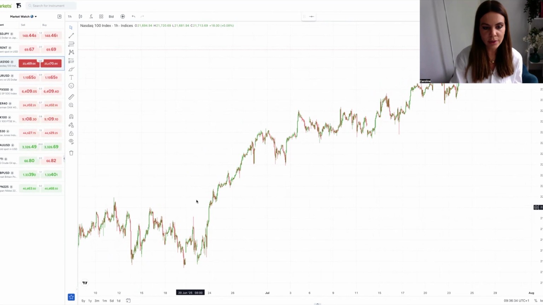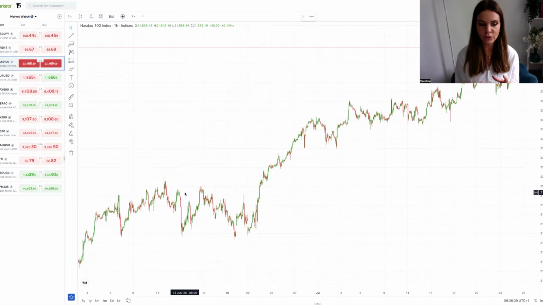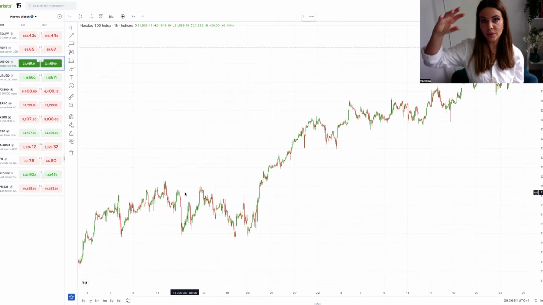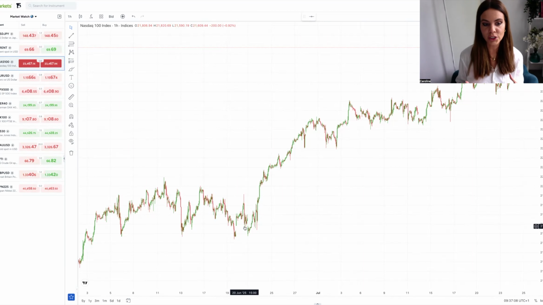And you can also see when the market breaks out of it. So one thing that I like to look for when I see a bit of a cluster on the 1 hour chart, and this also works really nicely when you actually get a change in direction. So if it's going from a downtrend to an uptrend or from an uptrend to a downtrend, you can actually see really nicely on the 1 hour chart where that cluster is and when the market actually breaks out of it. So what I'm looking for on the 1 hour chart, whenever I see some kind of slowdown in momentum,